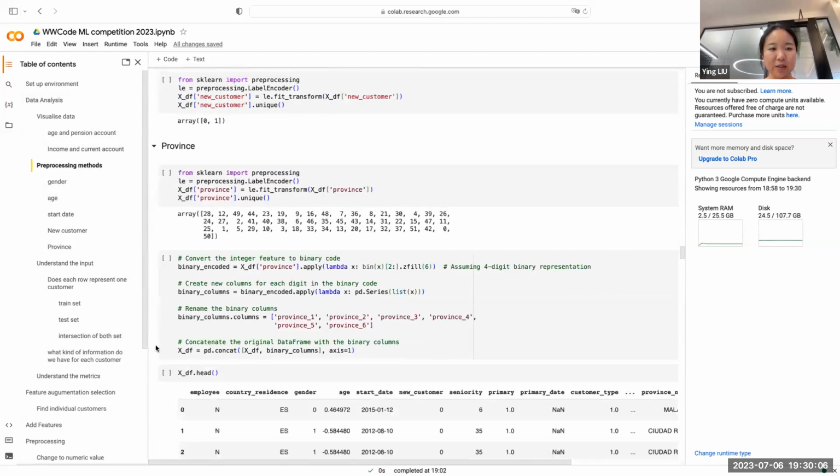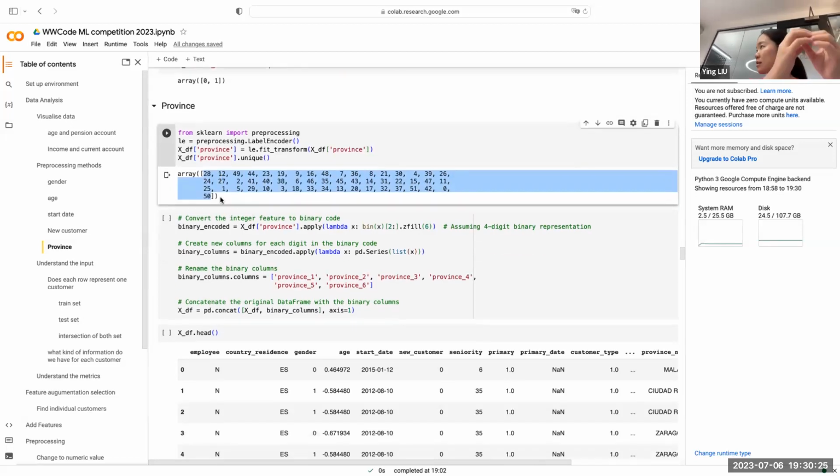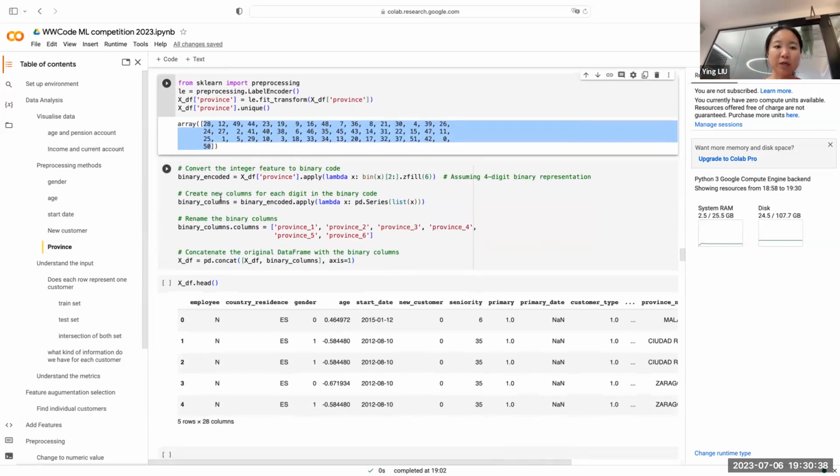Yes, and I also introduced some methods for when you have many values, like the province code, which goes from 0 to 50-something. How do I turn that into a value? Either I can turn that between 0 and 1. I could do that with a standard scaler, or I could use a min-max scaler. There are several scalers in scikit-learn that we could use. And the method I'm using here